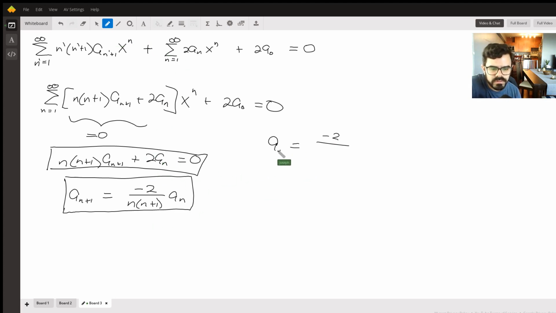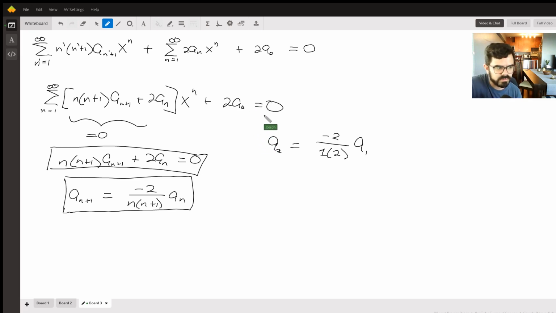It will need to be n equals 1 first, because it can't be 0 here. So it'll be n equals 1, 2 a_2 equals minus 2 a_1. So this relates the a_2 to the a_1, and the a_0 just needs to be given by initial